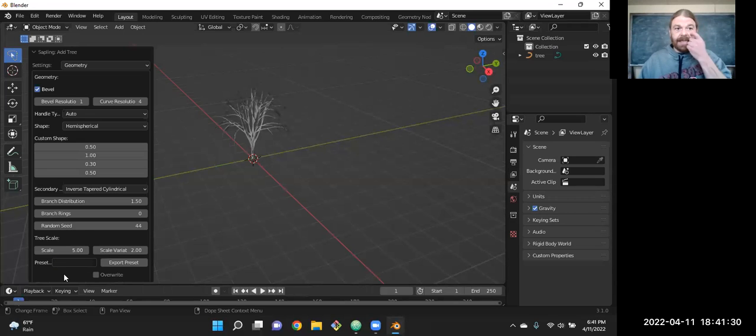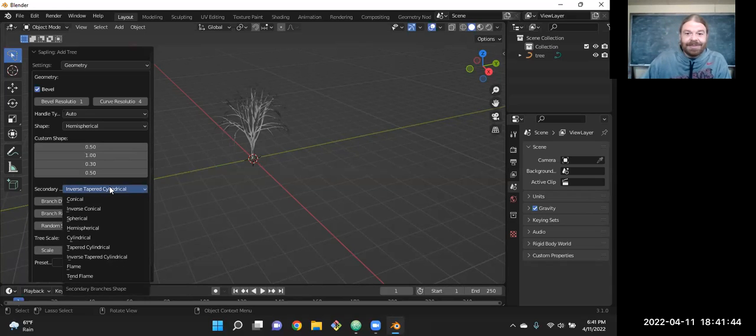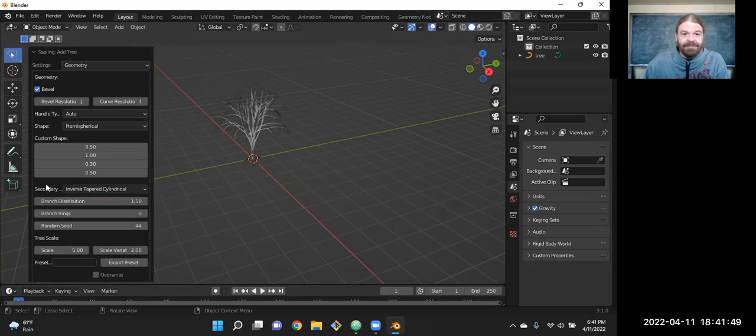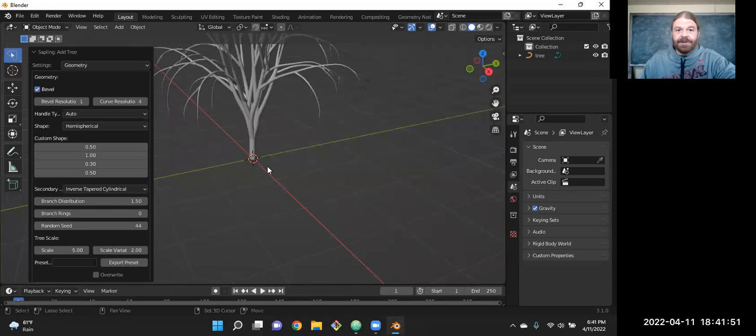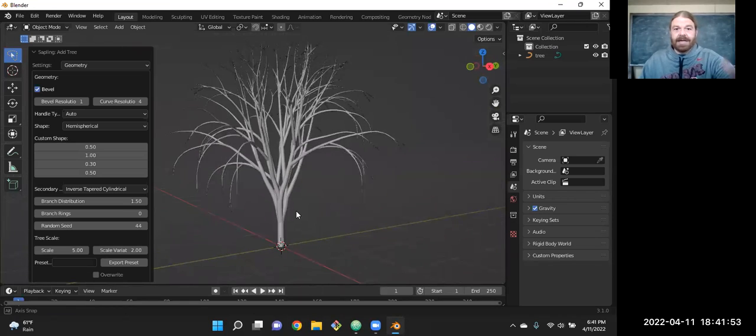Maybe hemispherical, different scales. Yeah, there should be some preset ones, but that seems to be causing problems. So maybe avoid the presets. Or maybe yours won't crash. I'm not sure why mine did that. I tend to change things sometimes, so I might have messed something up. And set up a bunch of different things for the geometry of the tree, kind of get how we want it set up. I'll just stick with this basic one. There's some other presets that are good to start with.